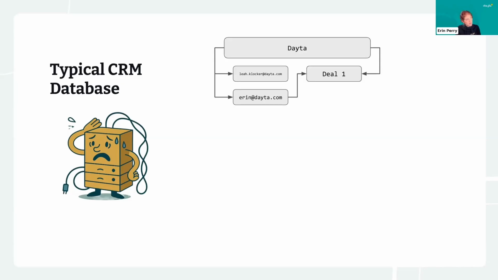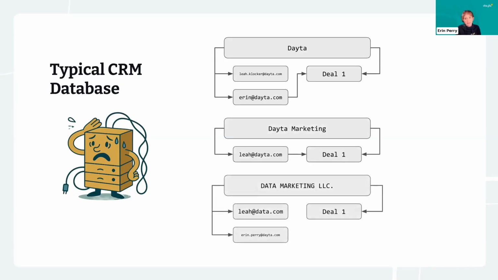So some mess is okay, but what we've got going on here is an attribution disaster, is the technical term for it. These three companies all got added to the CRM over time by different people, and they're all the same company, but because they're named differently, this CRM hasn't been smart enough to detect the duplicates. We've also got multiple contacts added for the same person, one of which where the email is just plain wrong, but the other two emails are correct and both work for that contact.